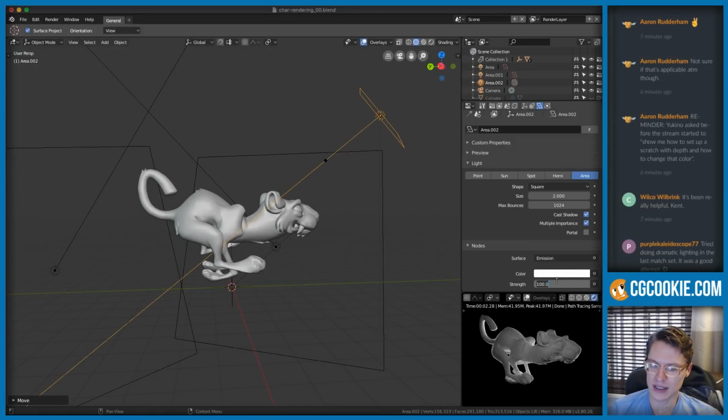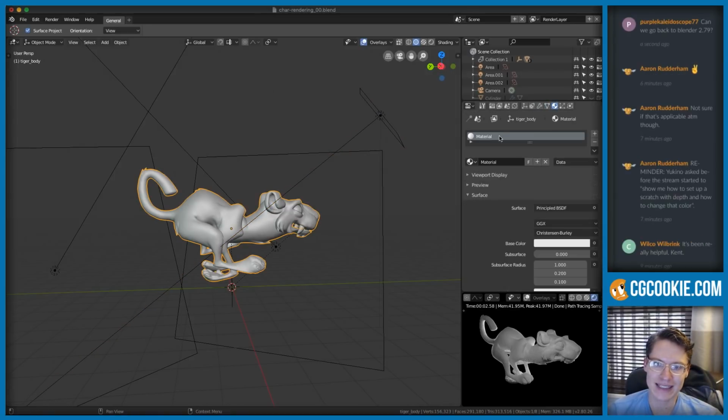Let's increase the strength up to like 200. Oh, I also need to keep in mind, okay, so I'm trying to gauge a good strength for the light, but the model, when we add a default material to it,